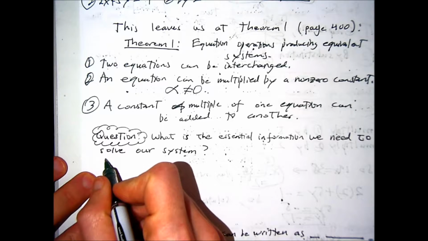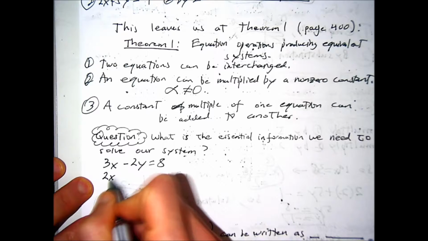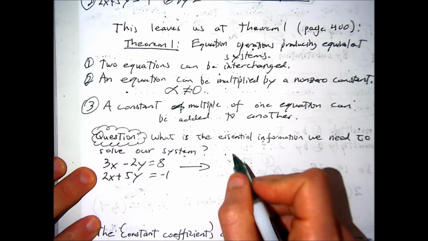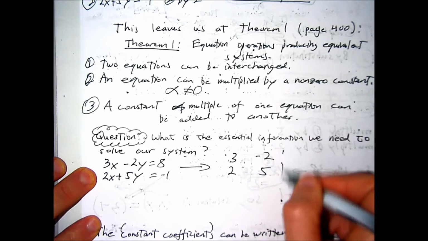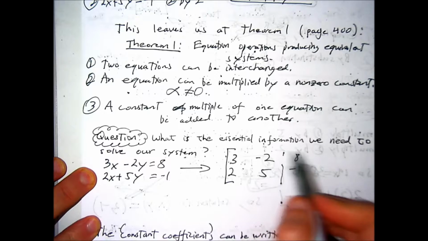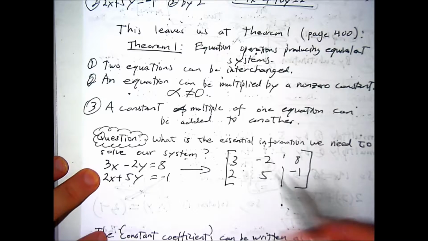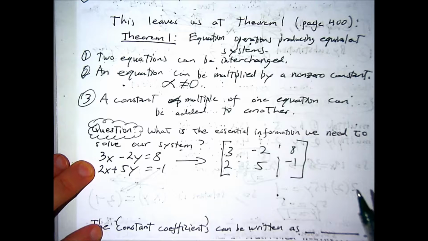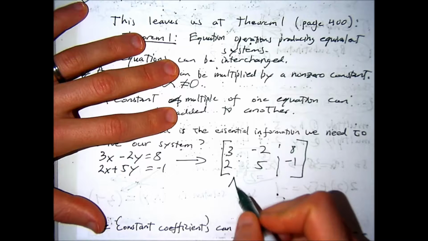We could just as well write 3x minus 2y equals 8 and 2x plus 5y equals negative 1 as 3, negative 2, 2, 5. And then we write a dotted line here, 8, negative 1. And then we write a bracket. And this is what's called an augmented matrix, which really is just another way of writing a system of equations, but really writing what's called a